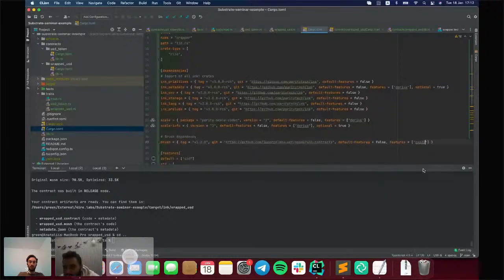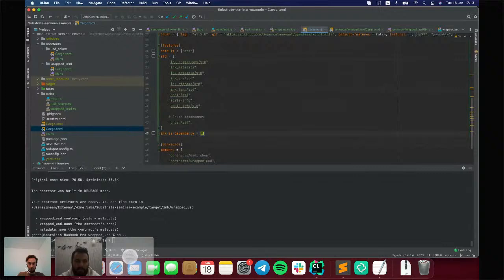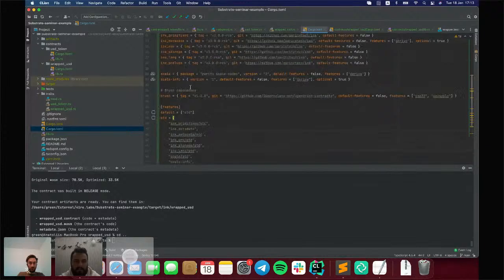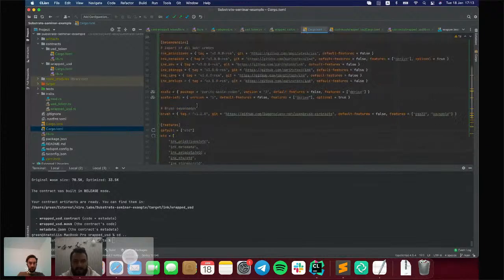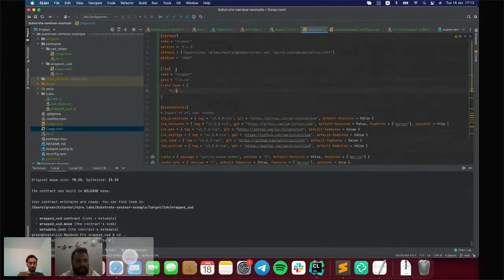And we plan to use the default implementation for PSP22 and Pausable. So let's also import Pausable here. Okay, we don't need this feature, so we can remove it. And yeah, so the dependencies are the same. And here we change the crate type. So it seems okay.